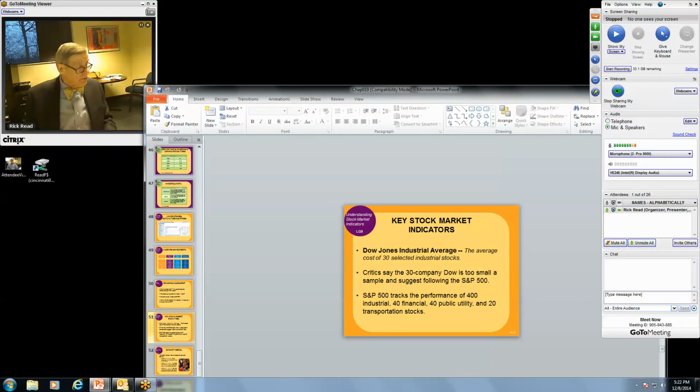The Dow Jones Industrial Average is the one we hear all the time. It is not the most accurate because it's only based on 30 stocks. But it is the most often quoted because it's the easiest to calculate. The truest indication of the stock market, at least the New York Stock Exchange, is the Standard & Poor's 500 because it measures 500 stocks across a broad spectrum, not just industrial stocks.